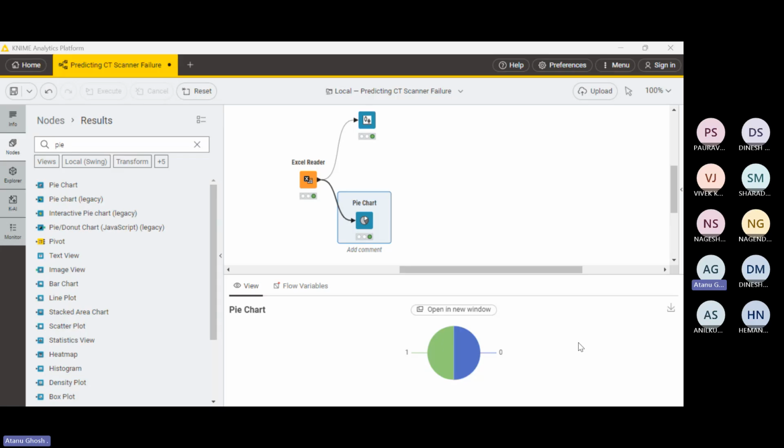Here, when the model is trying to find a pattern, it requires enough data to find that pattern. A pattern, a relationship between the features and the outcome. It's trying to derive a pattern because I don't know the formula. I have not been able to give a formula that if the radiation leakage is more than 10%, then the machine is going to fail. So it's trying to derive that pattern from the data that I've given.